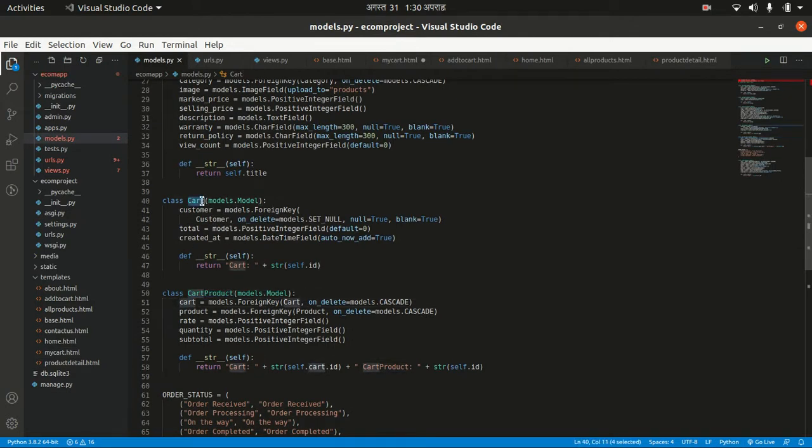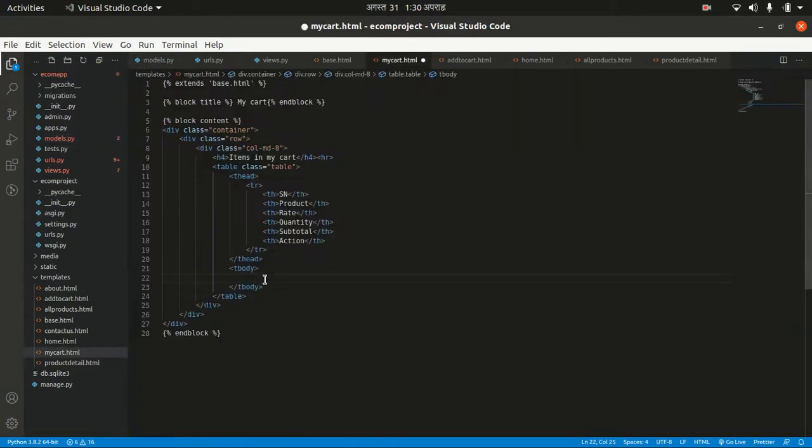Okay, so let's go to our mycart.html page. Let's loop through all the cart products inside the cart. Okay, for cp, I'm writing the short form cp, in. Let's move to our cart and let's fetch all cart products, cartproduct_set.all. Okay, then